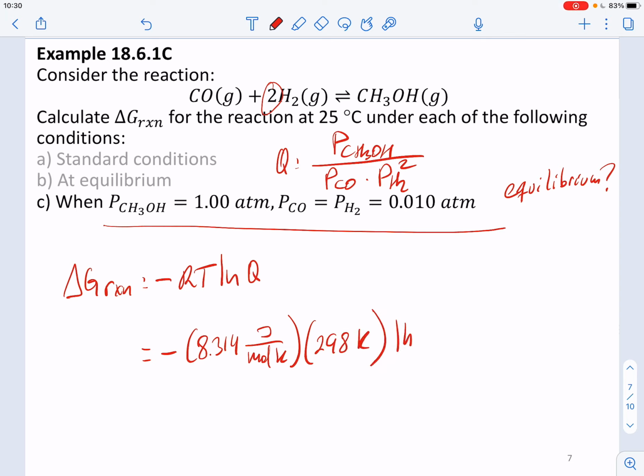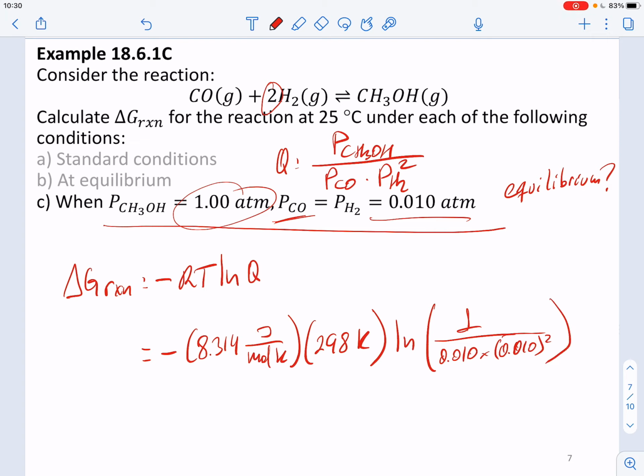But now we have the logarithm of Q, which is the pressure of methanol, which is 1 atmosphere, divided by the pressure of carbon monoxide, which is 0.010, times the pressure of hydrogen, which is also 0.010 but raised to the power of 2. Alright,